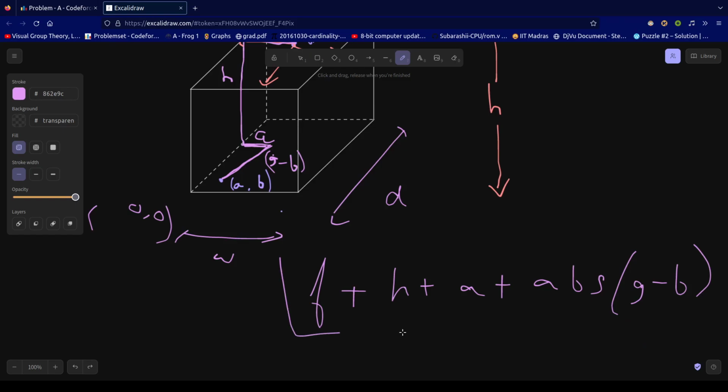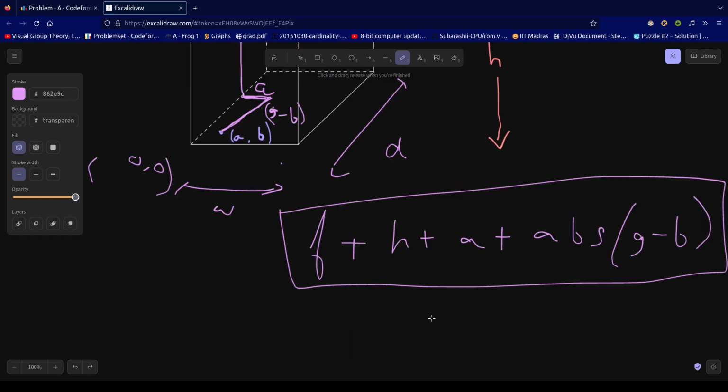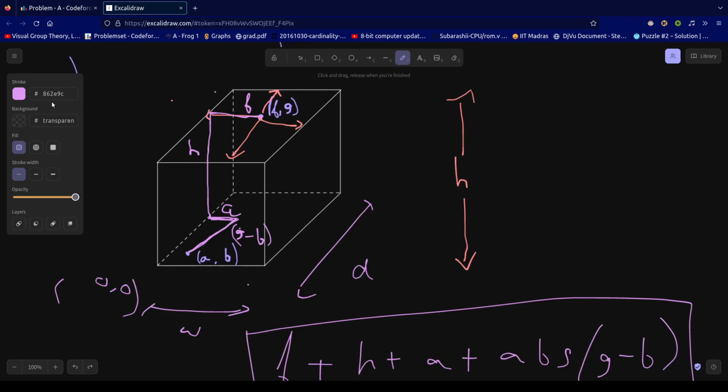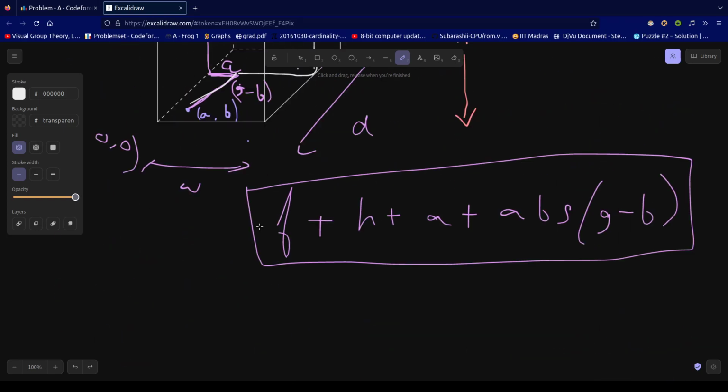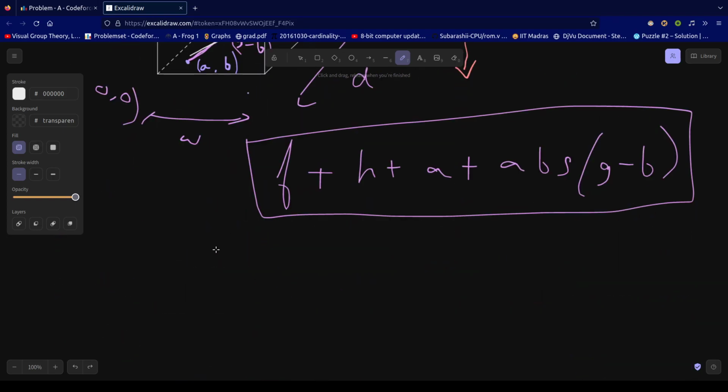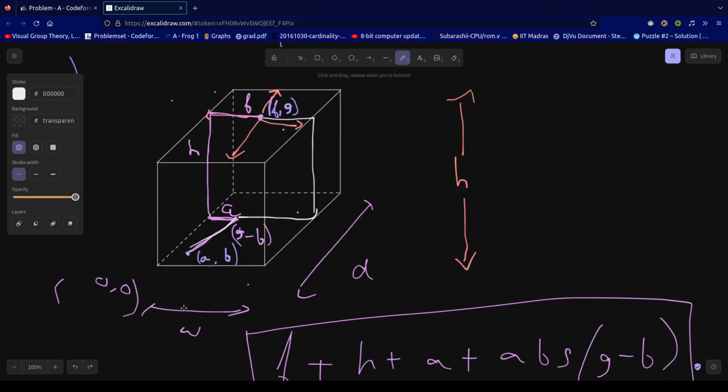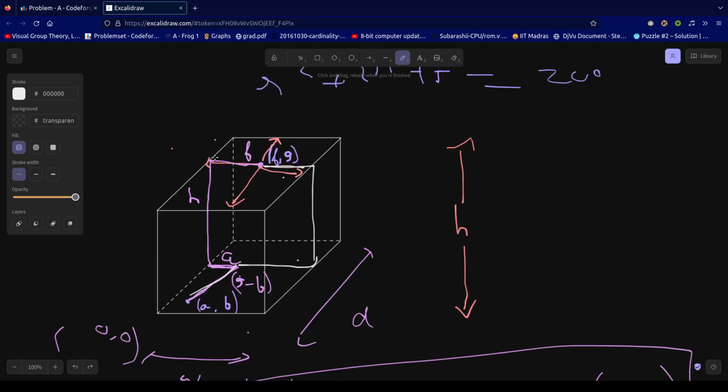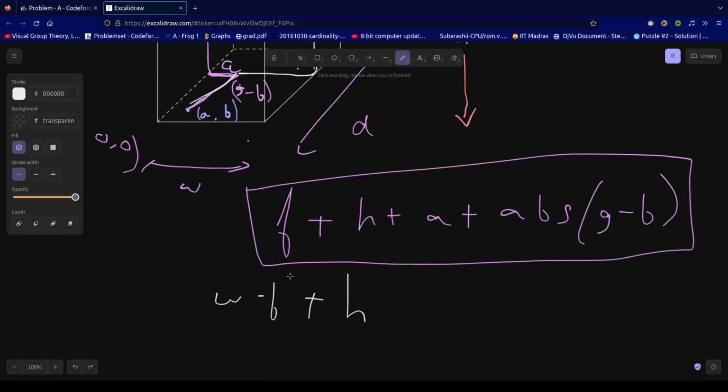So this is one particular path, and based on this you can do it for all four of the directions. Say if you want to choose this particular direction and you want to go like this, in that case your path would be, instead of F, W minus F over here. So it will be W minus F plus H. That's because this entire length is W and this particular length is F. So this will be W minus F. So it will be W minus F plus H plus W minus A plus the absolute value of G minus